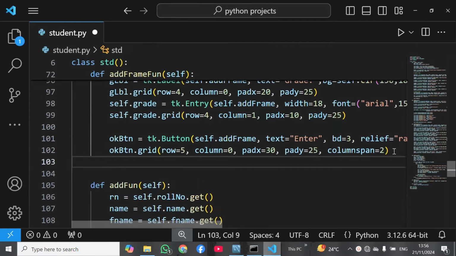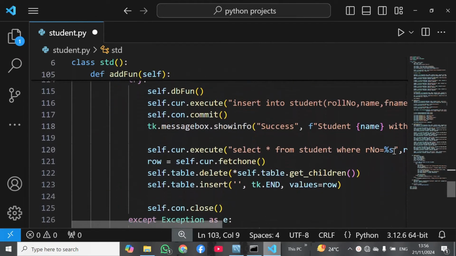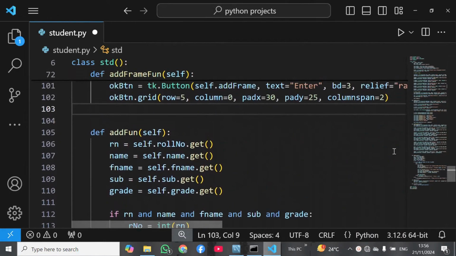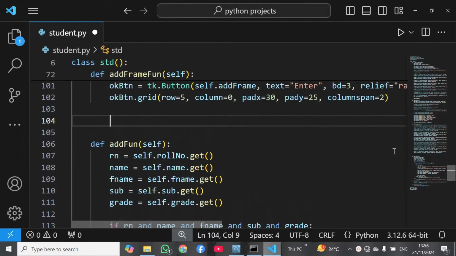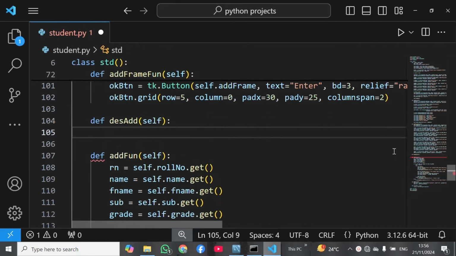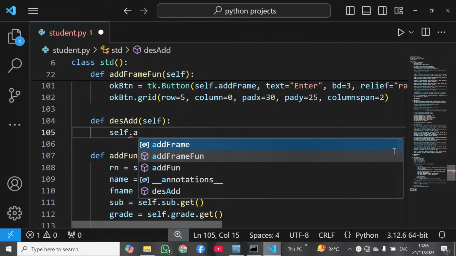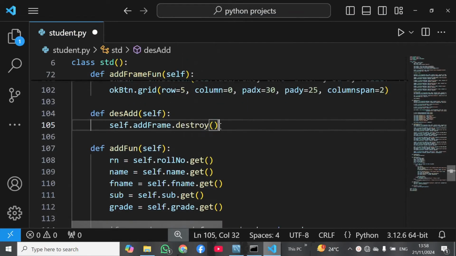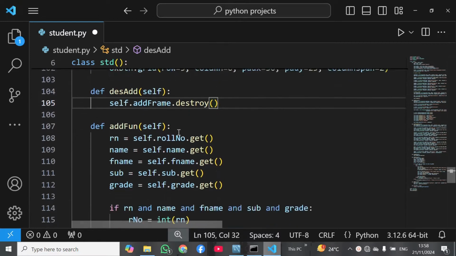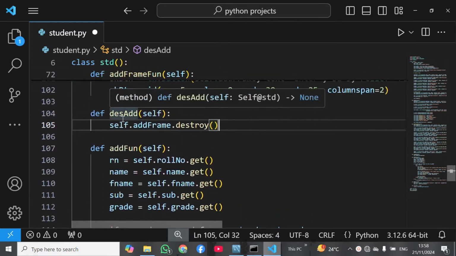Okay, so here I can destroy our add frame. For this I will define a function. I will define it by using the def keyword, and this is destroy add frame. Here I will pass self as a parameter, and then self.add_frame.destroy. In this way our add frame will be destroyed